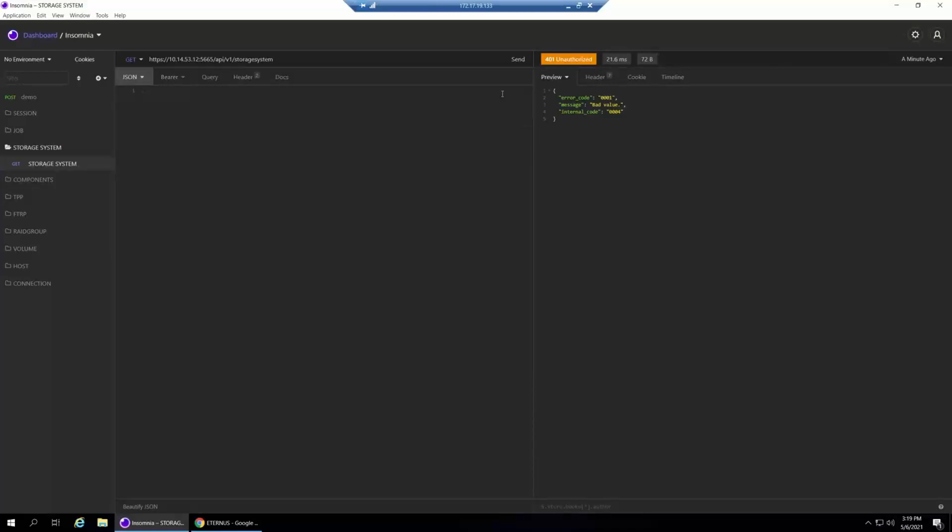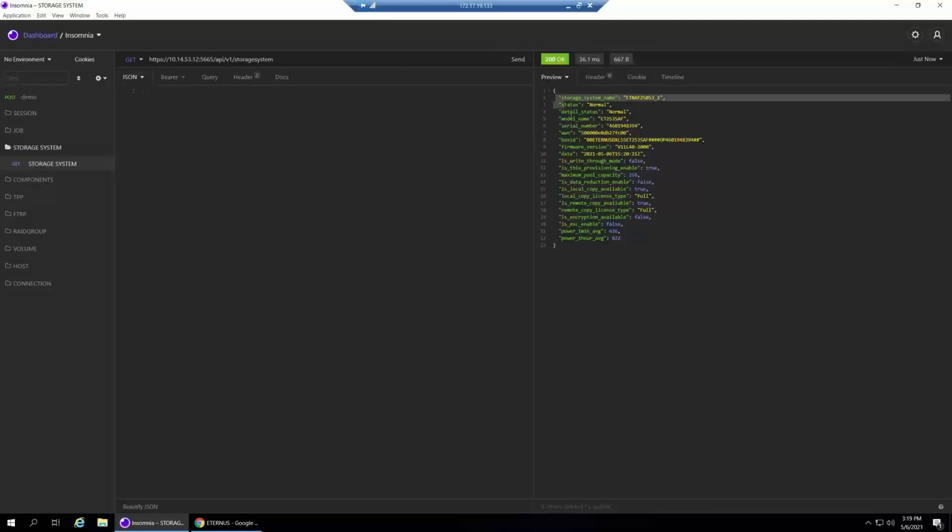With that bearer token, we can just again send the same command, and now we have all the details about the general storage system. We have the name, we have the status that it's normal, we have the serial number, the box ID, the firmware version, and so on. And we can use that later on to create scripts to automate things on the system.